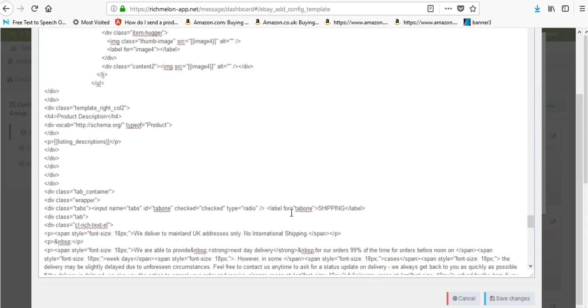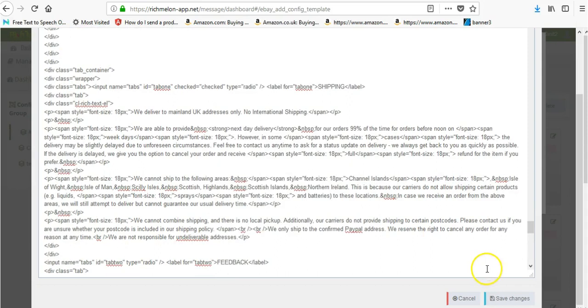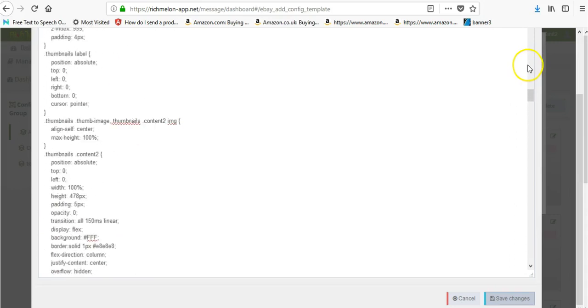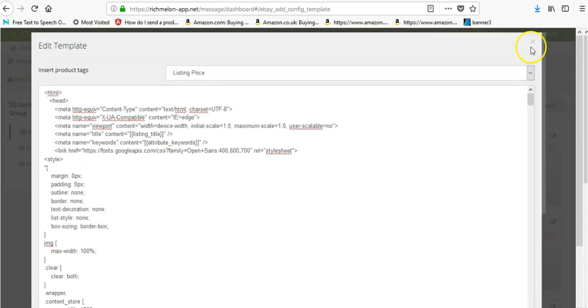Okay, and for these descriptions, you can see from here. Okay, and once you've done all the changes, don't forget to save changes. That's it. Now we're ready to list using this configurator. Okay, and click